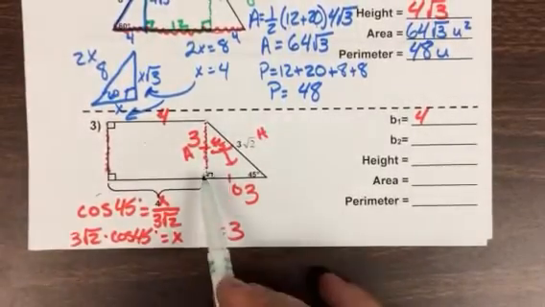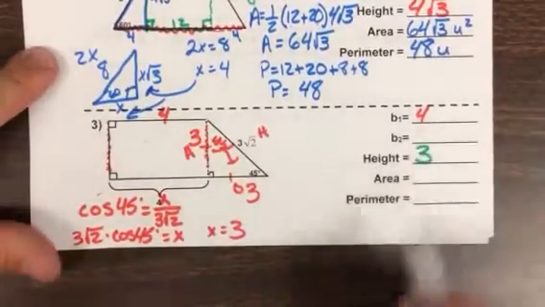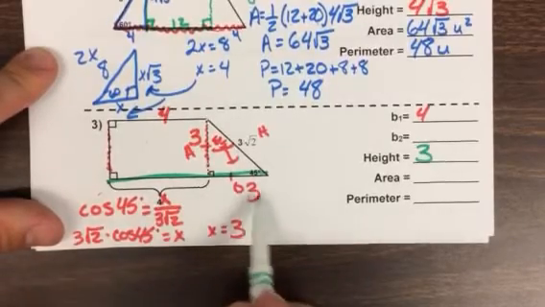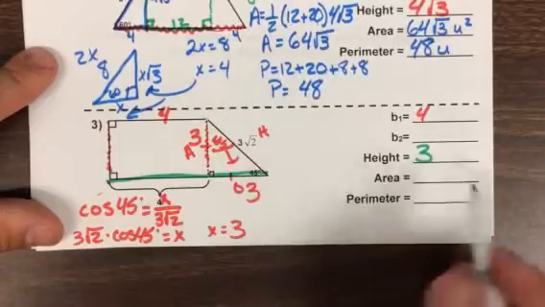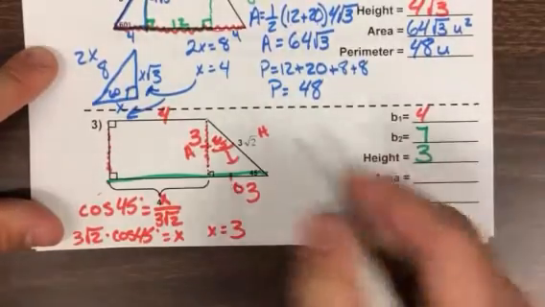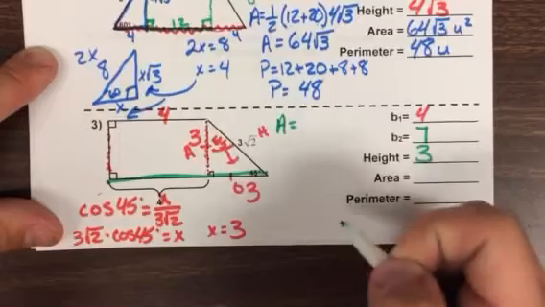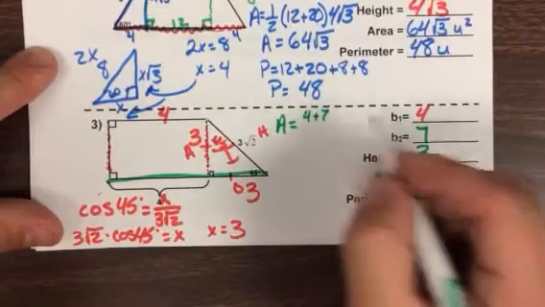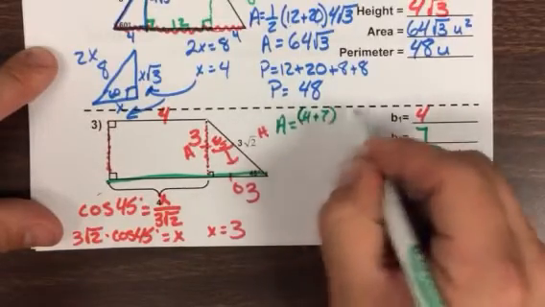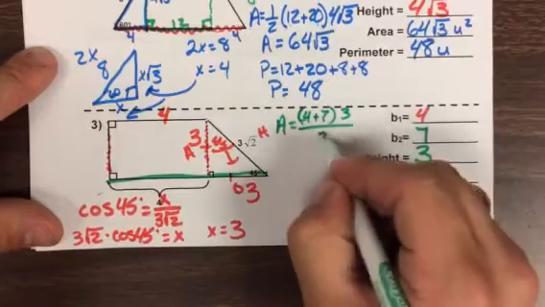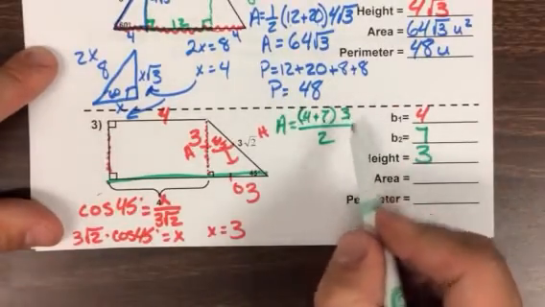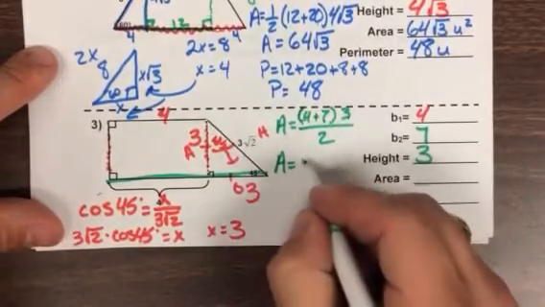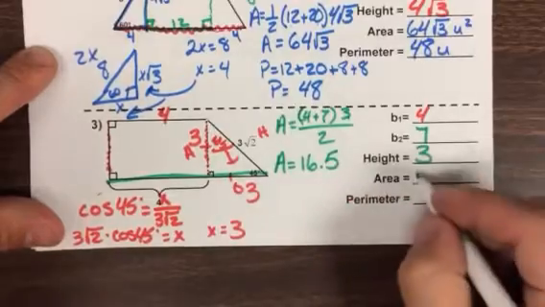So to look forward, my height is 3. And my base 2 is this whole distance here, which they told me 4, and I figured out 3. So 4 plus 3 gives me a base 2 of 7. Area equals, I'm going to use my other formula this time and say base 1, 4, plus base 2, 7, times the height of 3 divided by 2. So that's 11 times 3 is 33. 33 divided by 2. The area equals 16.5